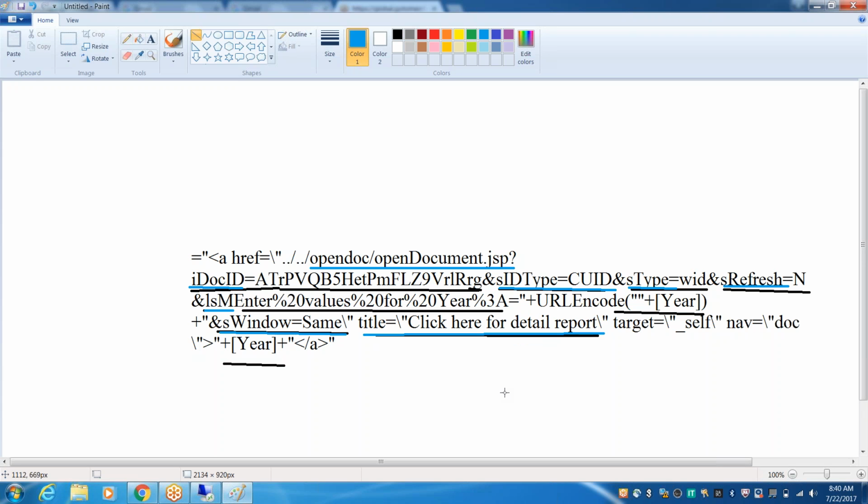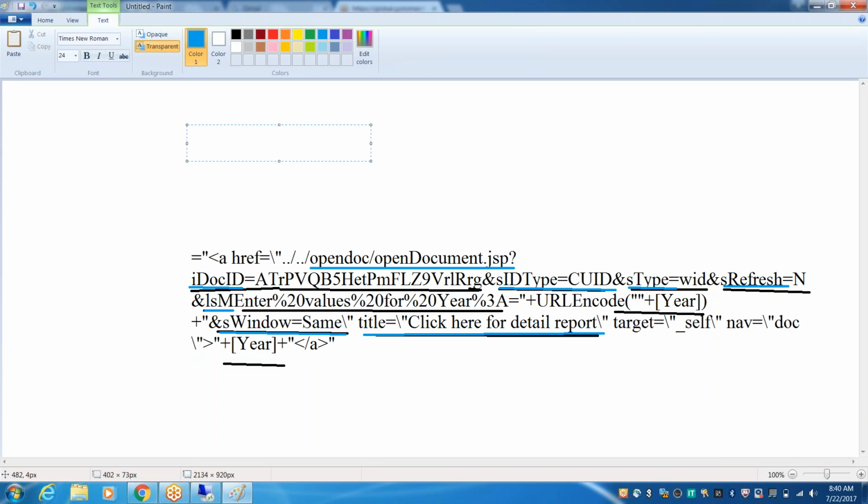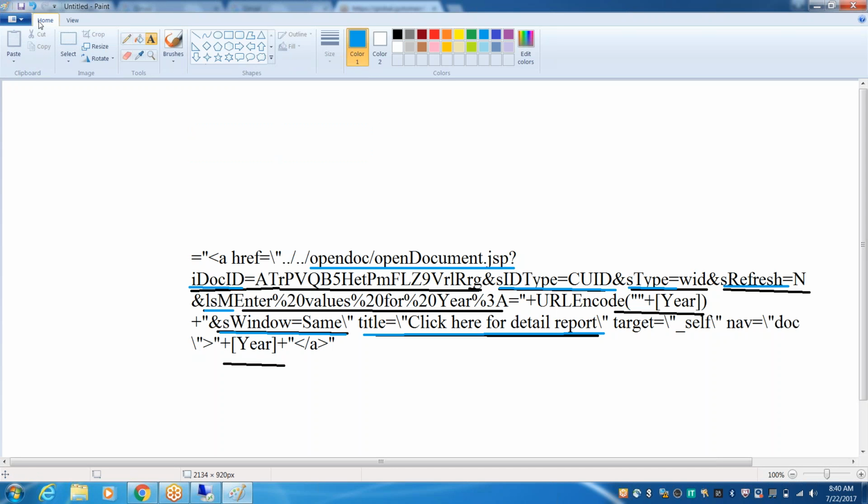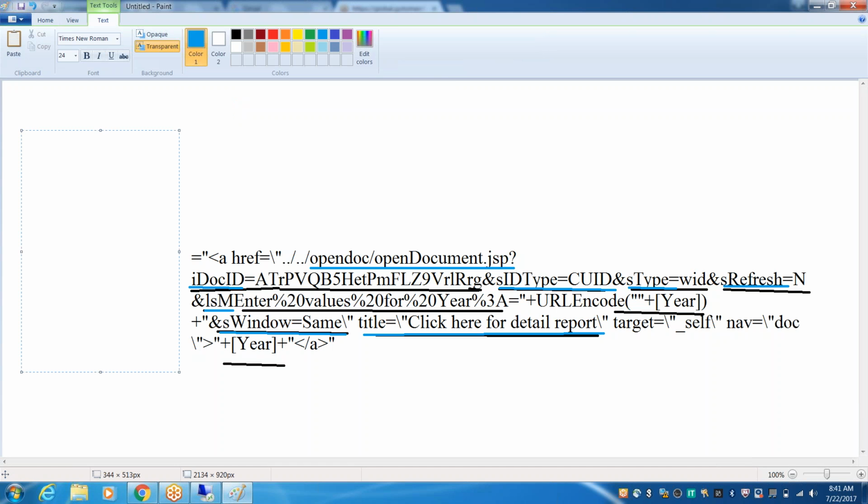Okay. So we need not remember these, but sometimes in case the user asks, mention opendoc, iDocID and LSM, sRefresh, sType. The syntax you need not remember because I'm not writing the code manually, so it is not required. Most of the projects, if you take any project, will create these hyperlinking reports. Okay, fine. So in this hyperlinking functionality, we can have different naming conventions.